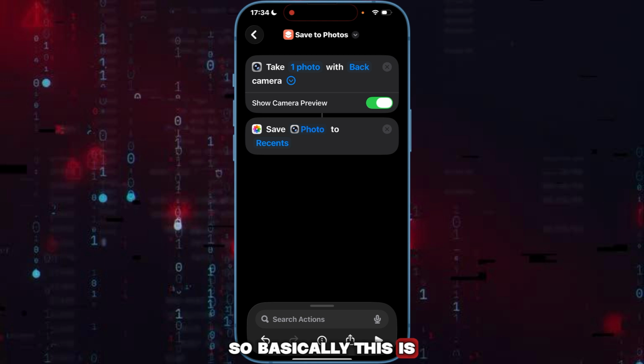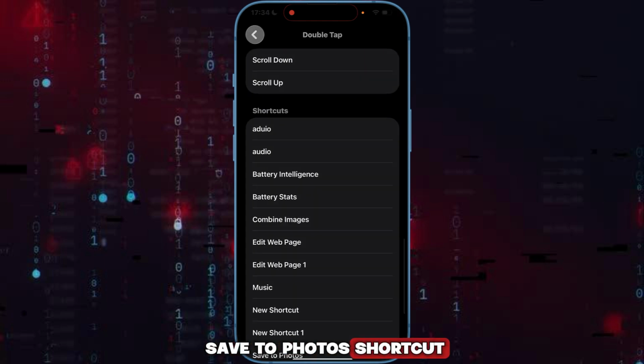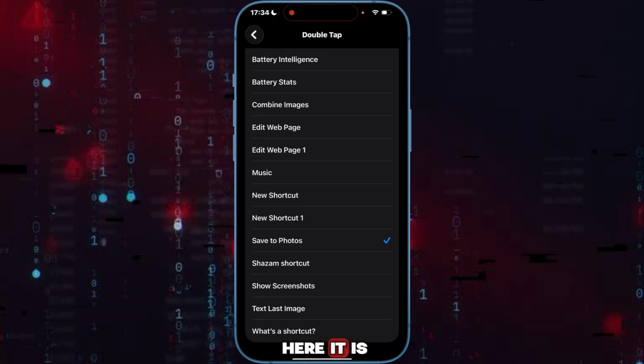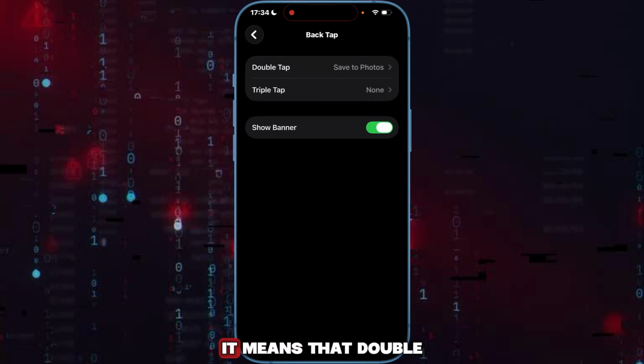So basically this is save to photos shortcut, that's the name, and here it is. Now when you see this blue check mark, it means that double tap will work as your camera, and when you click on it, it will save the photo it took with back camera to photos. So basically you can play with this, mix your actions, shortcuts and